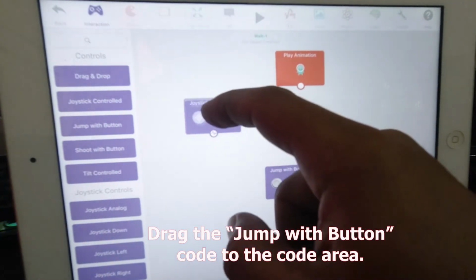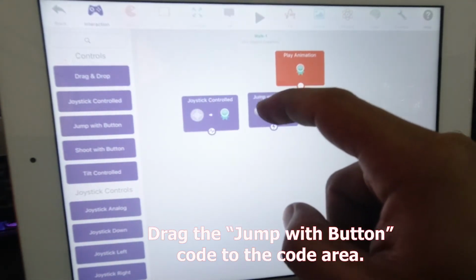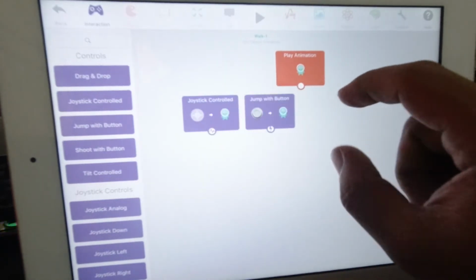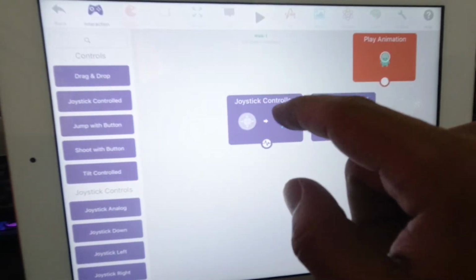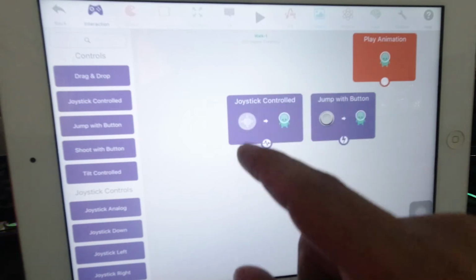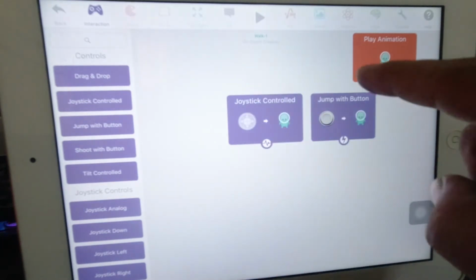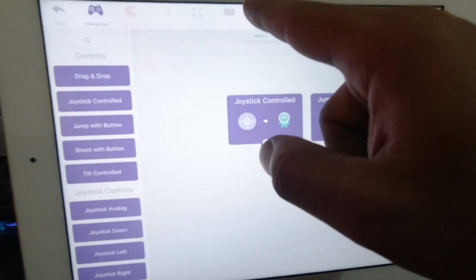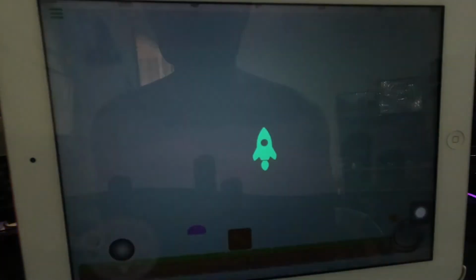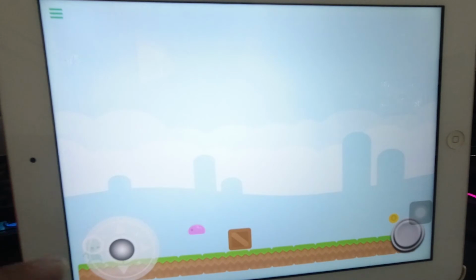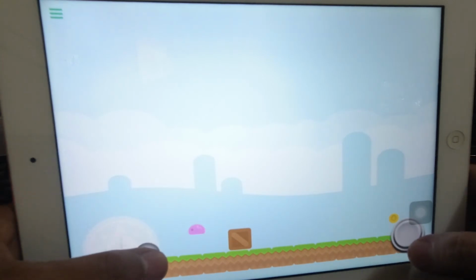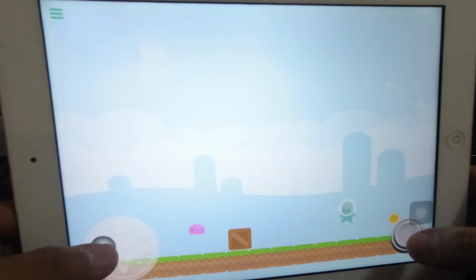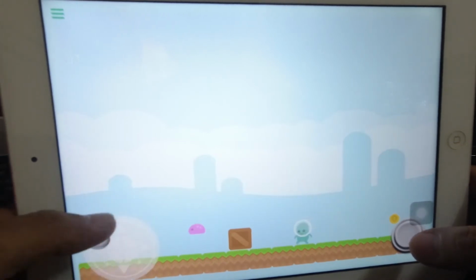Okay, so now we already have two codes. What are the codes? The codes are joystick control, which is how to move your character, and jump with button. Now we're going to see how the game works. So this is our character, and we can move and jump. Just press the jump button and move up, forward, back,